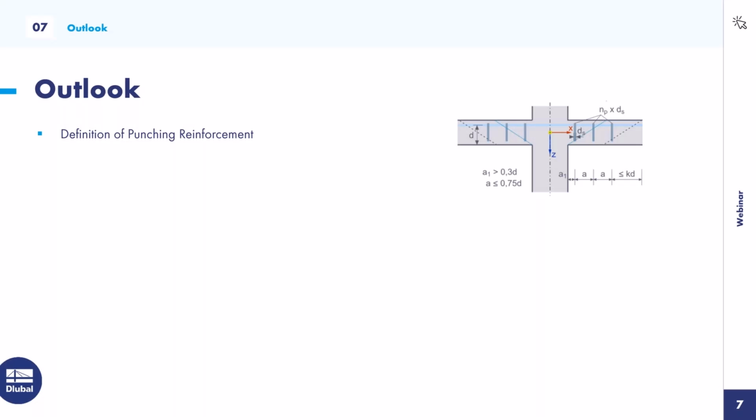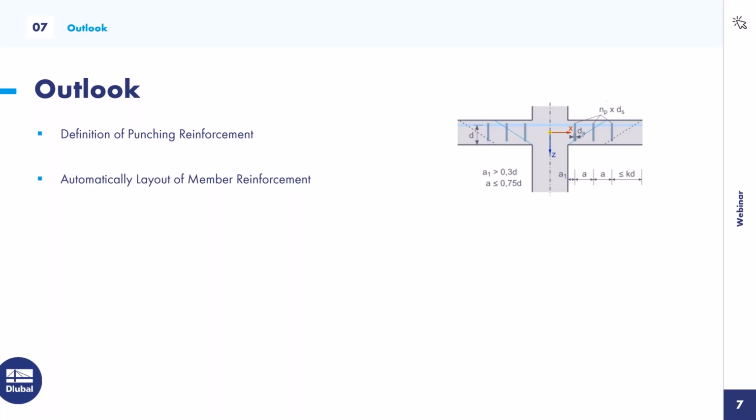I hope the right monitor is shown to you. Yes. Okay, so the first feature which will come really soon is the definition of the punching reinforcement. It was already presented by Adrian, so I will go directly to our next feature,